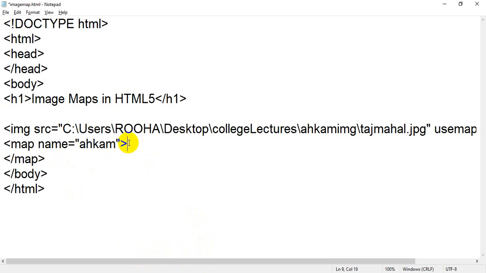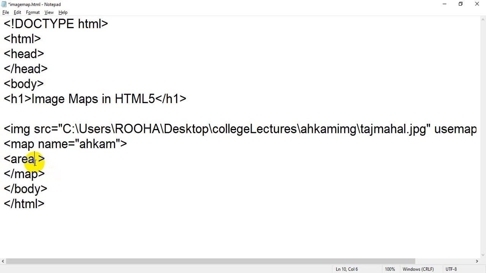After that you have to use the area tag, and where you will put the area tag? Between the opening map tag and the closing map tag, because area tags are used for creating different coordinates and assigning different